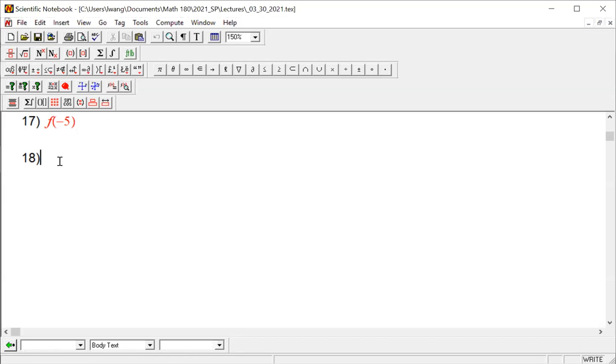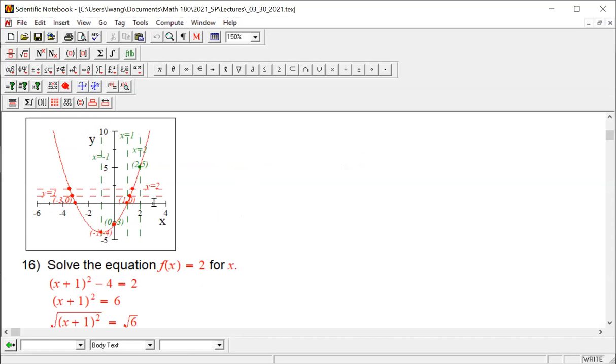And the other one, of course, is solve the equation. It's an if statement. F of x equals -5 for x. Okay, so if we